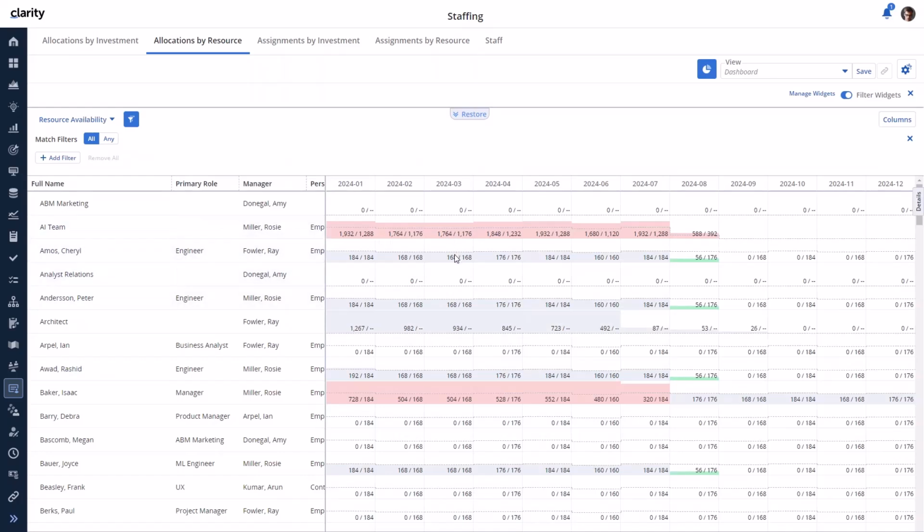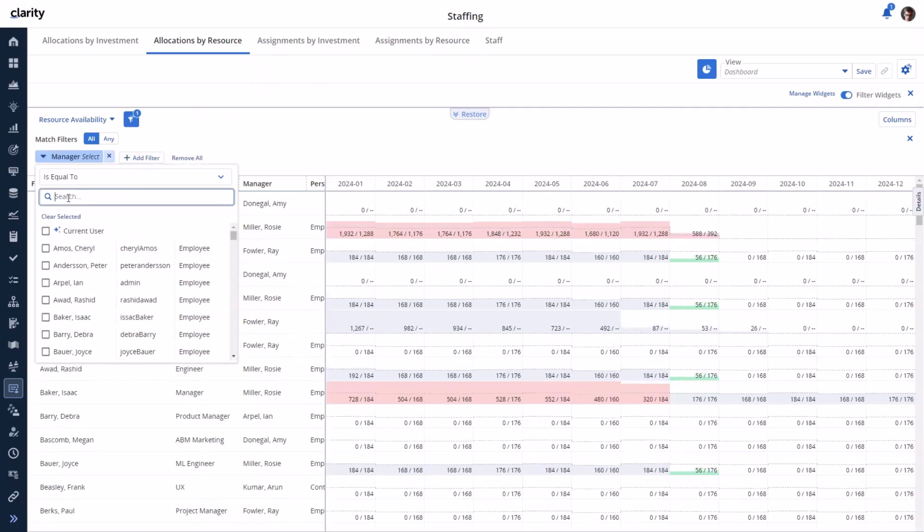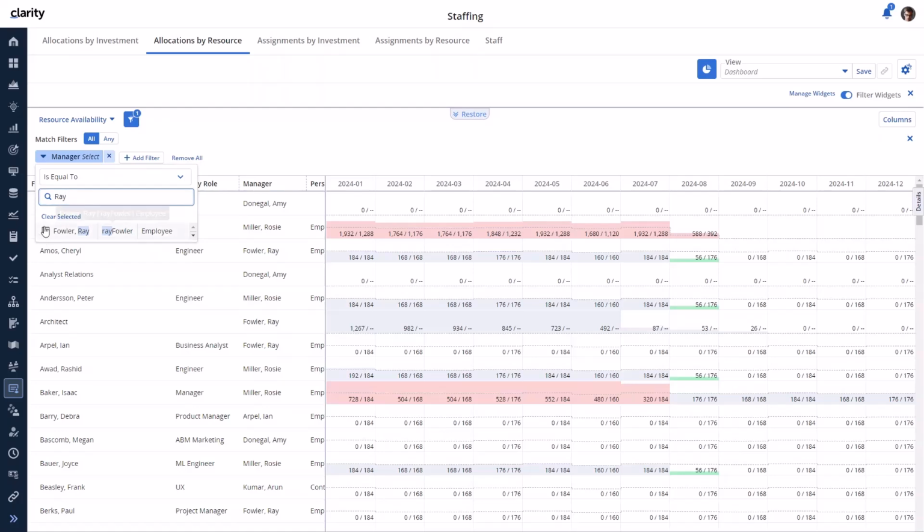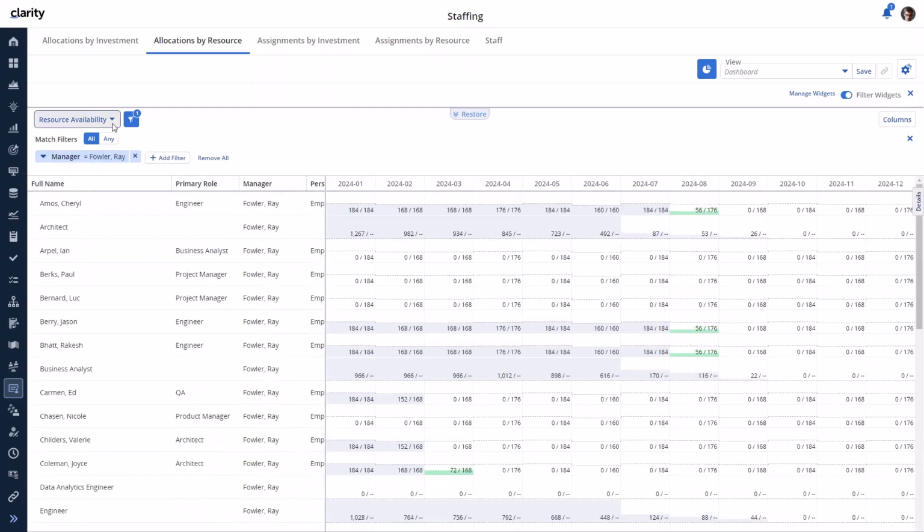When using the resource availability layout, a flat list of resources can be seen to compare availability. This is a great layout to use for looking at a group of people filtered by the resource manager. Here I see a list of available resources. Alternatively,